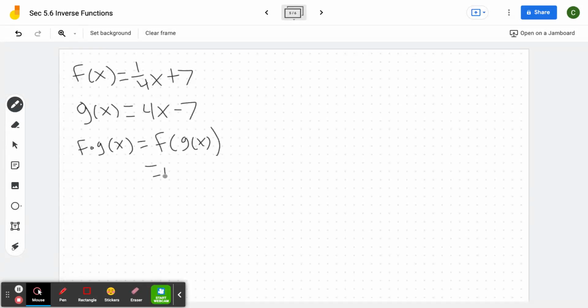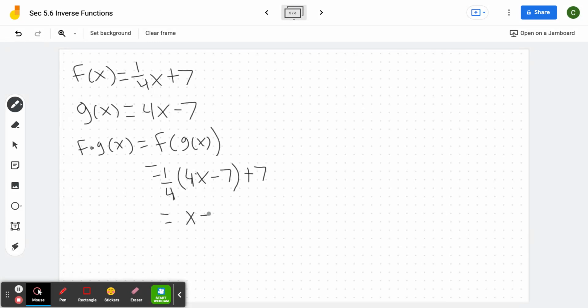So I'm going to have 1/4 times 4x minus 7 plus 7. So 1/4 times 4 is just going to give me 1, so I'm going to have 1x, or just x,